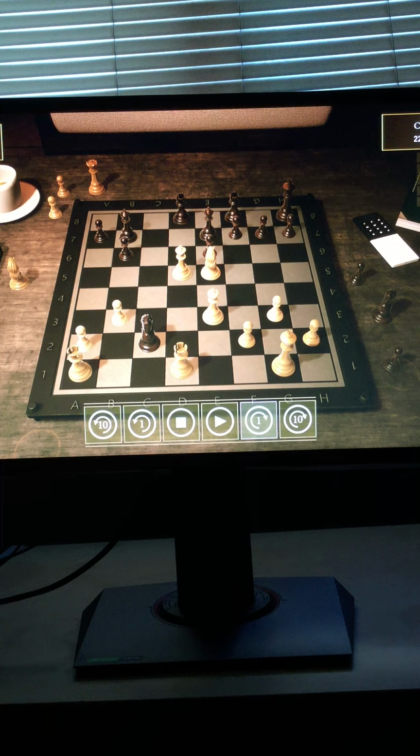So his knight takes my queen on c2. So if we look at the position right now, everything is equal now, right? The two queens have been exchanged, everything else is equal, but